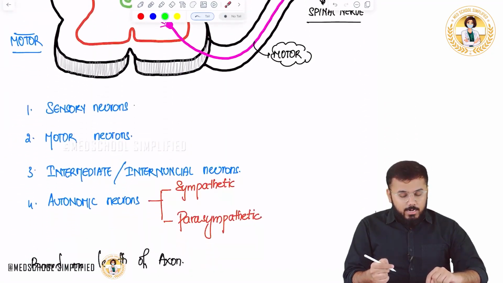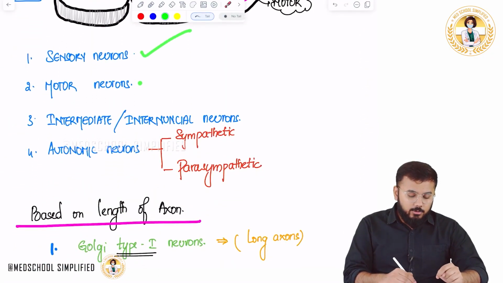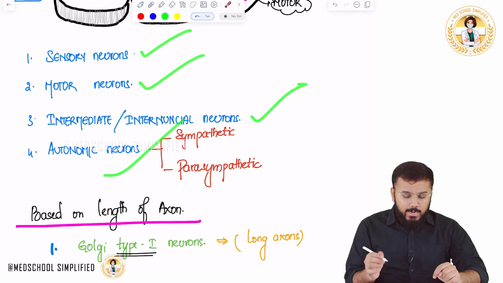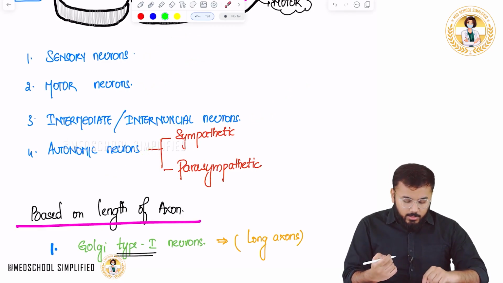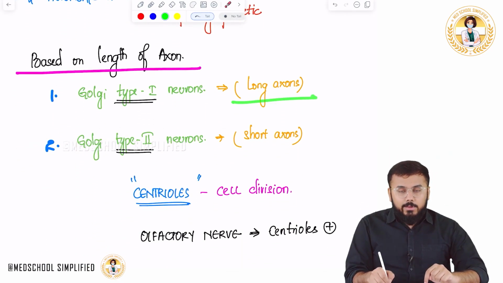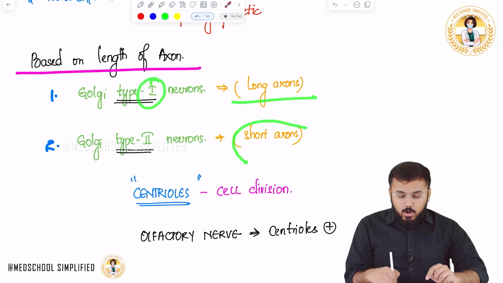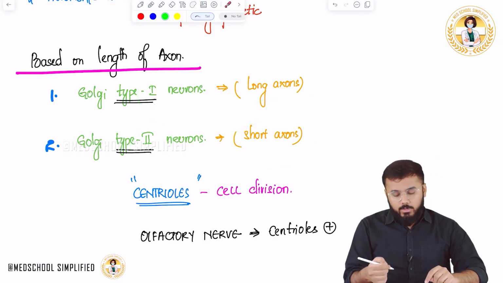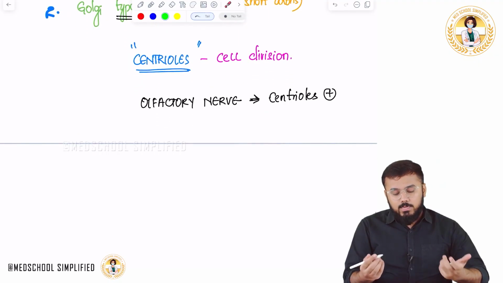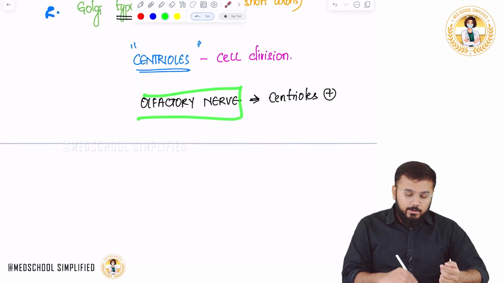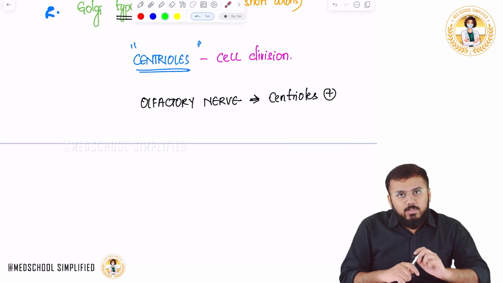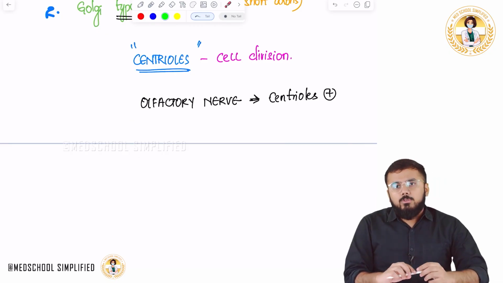Based upon the function, I have discussed that there are sensory neurons, motor neurons, intermediate and autonomic neurons. Based upon the length, long axons are called type 1, short axons are called type 2. Now, where are the centrioles present? Only in the olfactory nerve, and that is the reason why the olfactory nerve, once damaged, can be regenerated. So these are all the